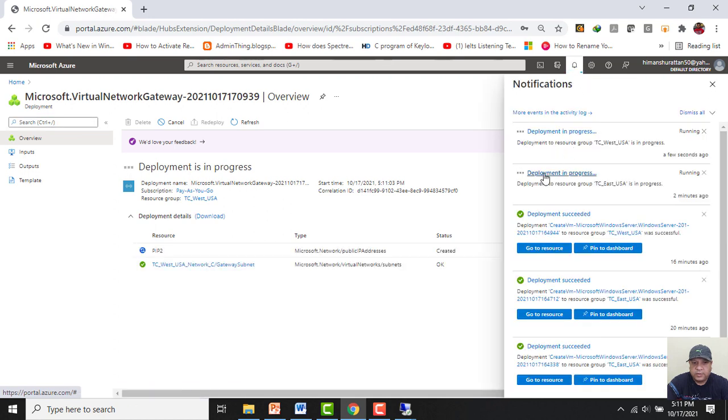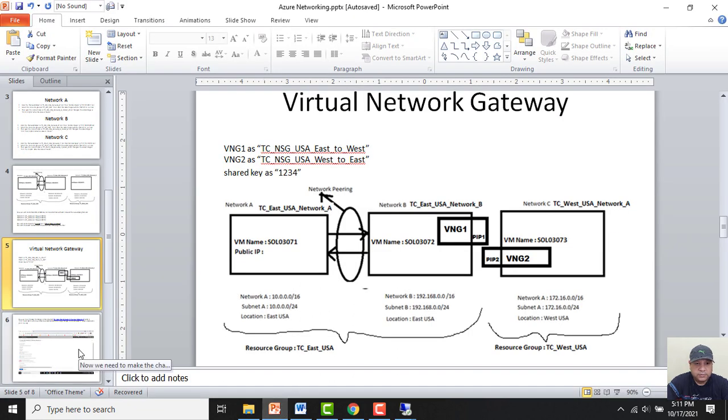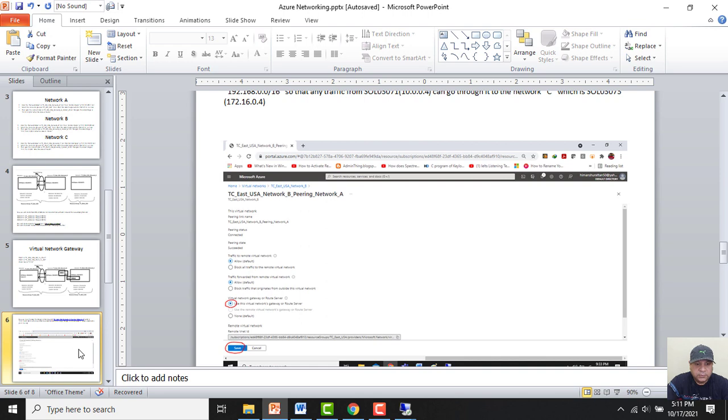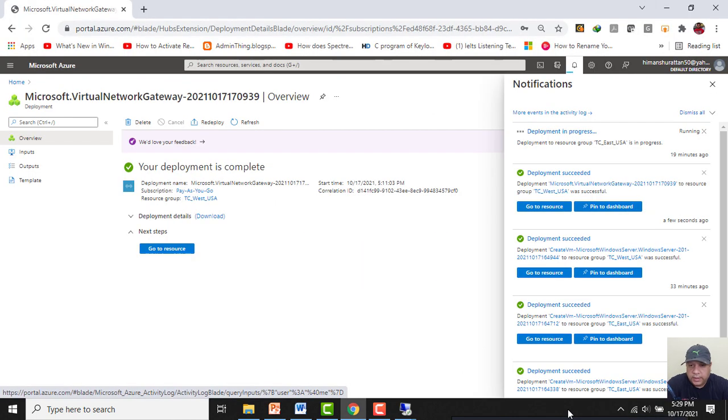We can see from here that the deployment is in progress. Once the deployment is complete, we will be configuring both the virtual network gateways. So guys, I see that one of the virtual network gateways has been deployed and we need to wait for the second one to finish.